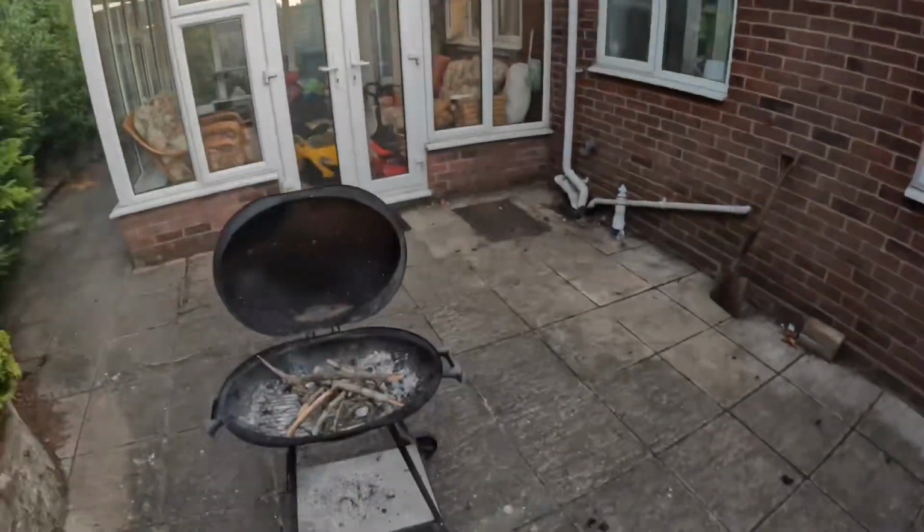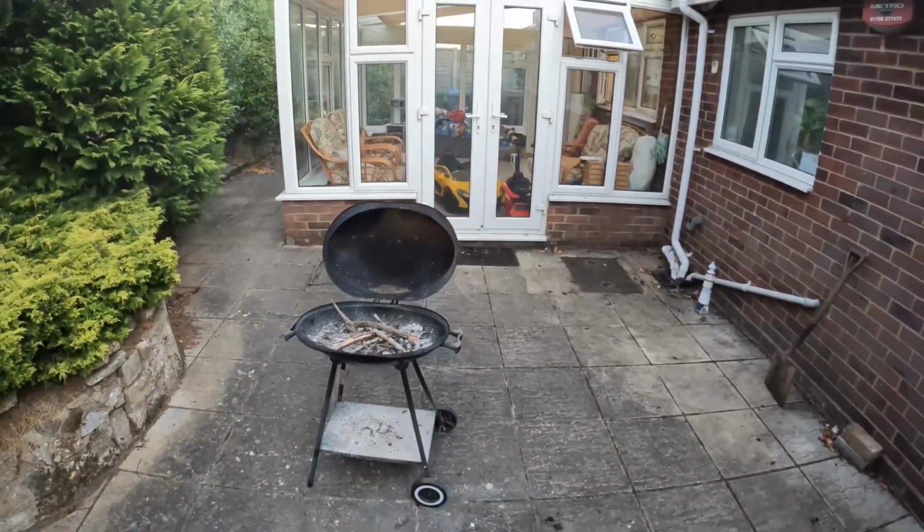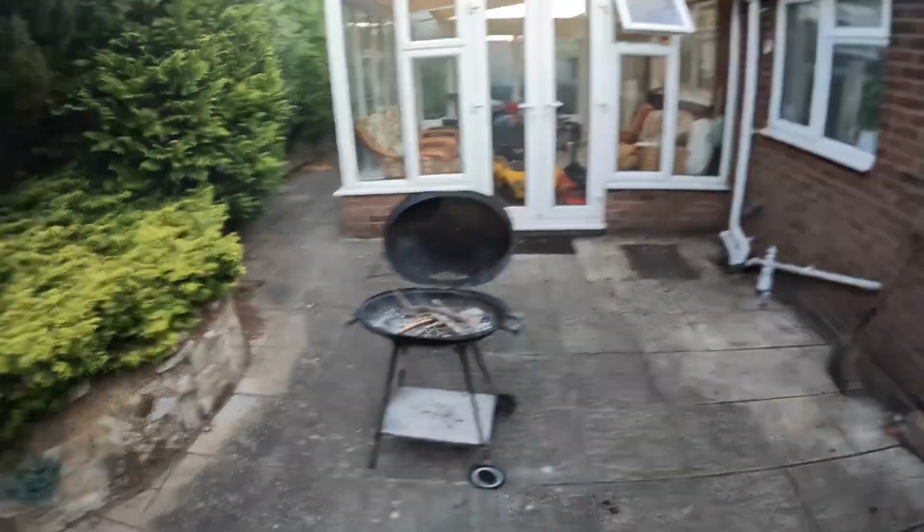So there's been a little bit of a hiccup in terms of doing the barbecue, which is completely fair enough at the moment. I've got it set up on a patio where nothing's going to catch fire. But considering the drought we're going through at the moment, I can completely understand why local shops aren't selling barbecue